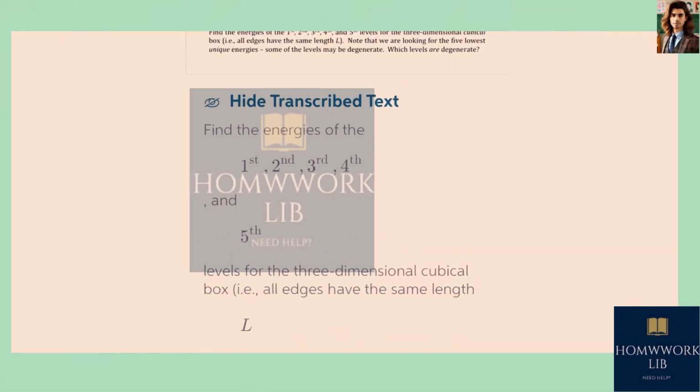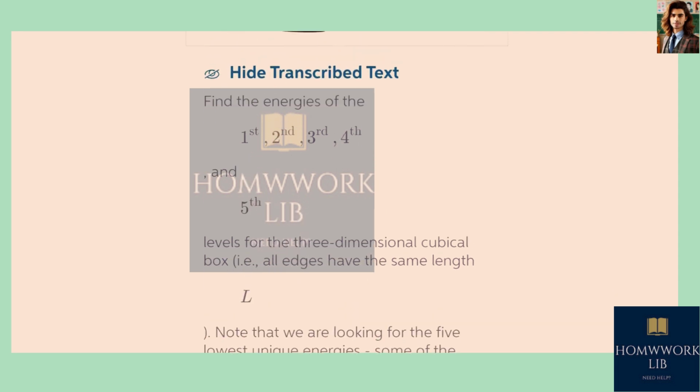Hi, so over here we're asked to find the energies of the first, second, third, fourth, and fifth levels for the three-dimensional cubical box, where we're going to have the same length on all of the dimensions, and we are looking for the five lowest unique energies, considering the different degeneracies that we're going to have. So first of all, the energy